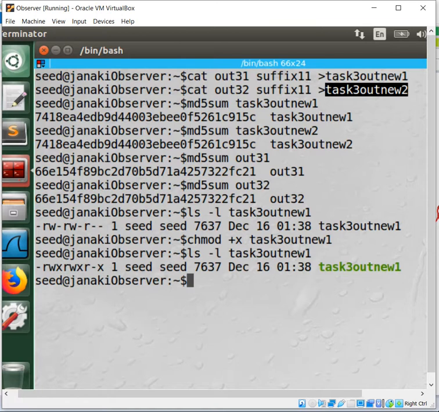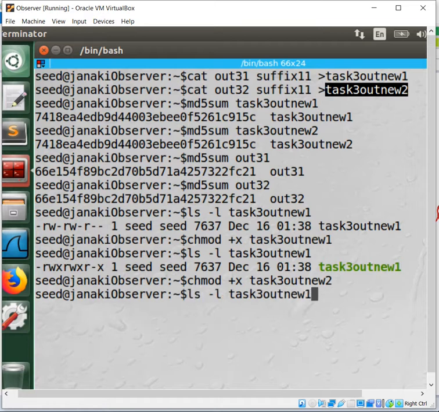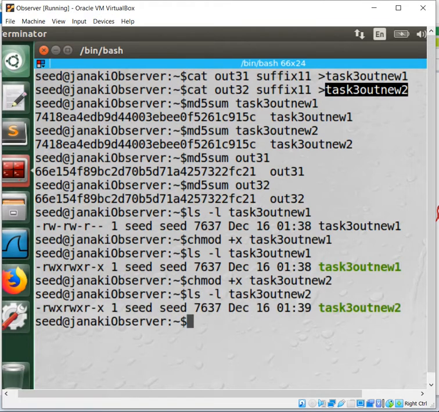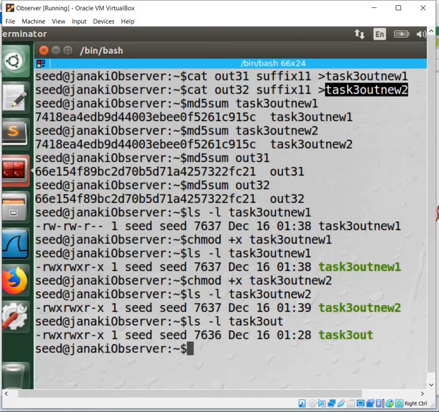Now you see there is an X, and it is changed to green color because the mode is changed. Same way you change the mode for task3_out_new2 also. If you check task3_out, it is already executable, so all three are now executable files. Now how many executable files? Task3_out_new1, task3_out_new2, task3_out.